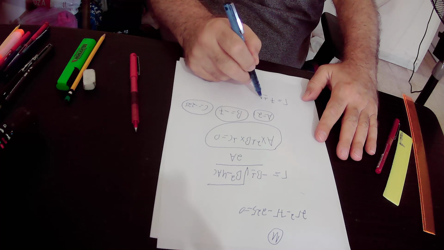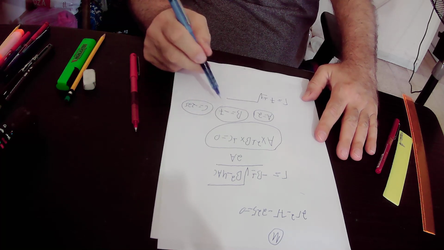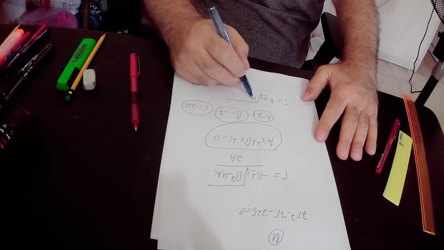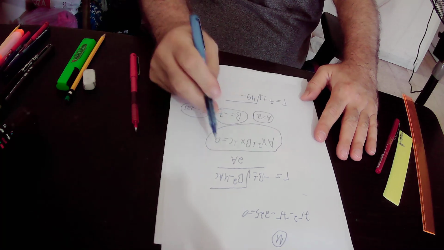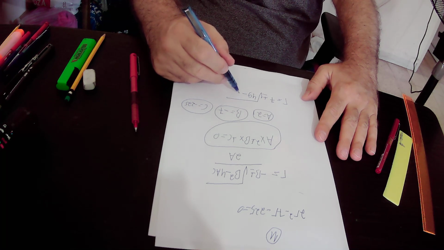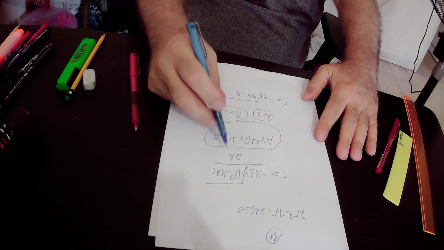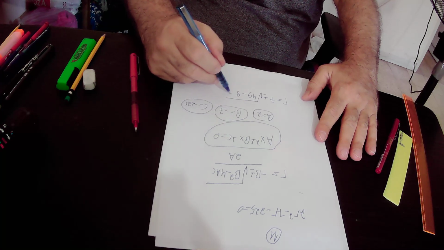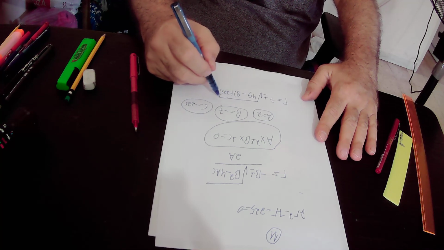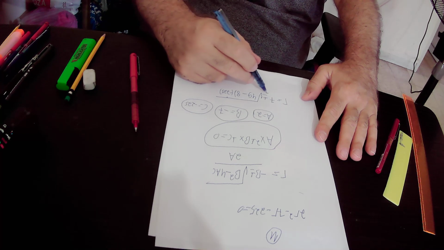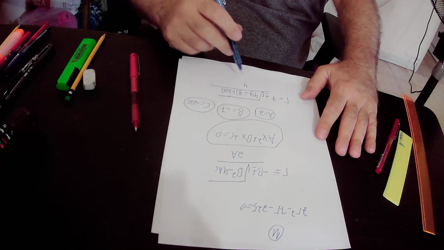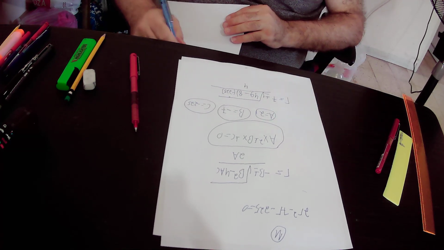Plus minus root of b squared. b is minus 7, so b squared is 49, minus 4 times a, which is 2, 4 times 2 is 8, minus 8 times c, which is minus 225, over 2 times a, which is 4. So in total we got that the radius